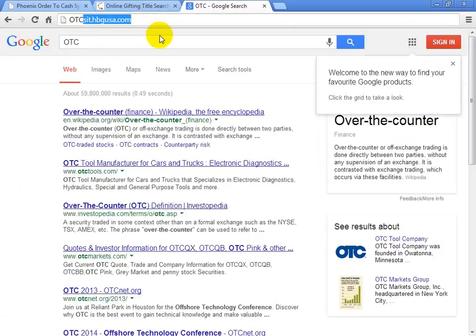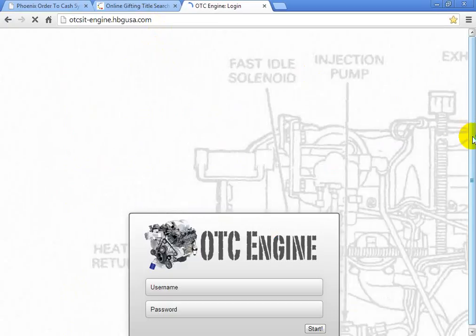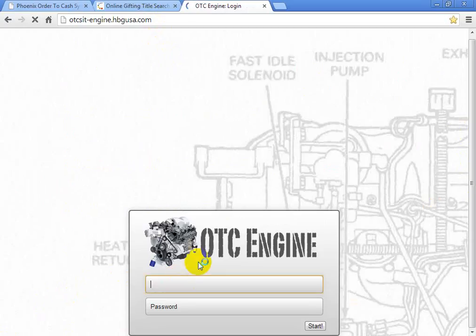OTC side. Okay, what happens if the order needs approval? That part we don't handle. The approvals and all, we are not concerned. We just validate that if we select an order quantity greater than 500, it has to go to hold status with reason code as gift review. Maybe the fulfillment team will look at those orders and provide their approvals. There is an order fulfillment team at HBG.